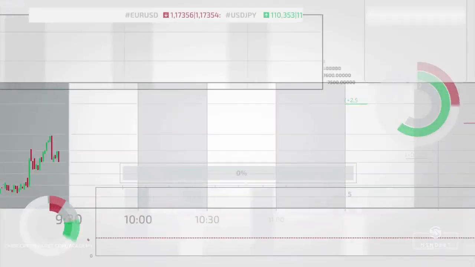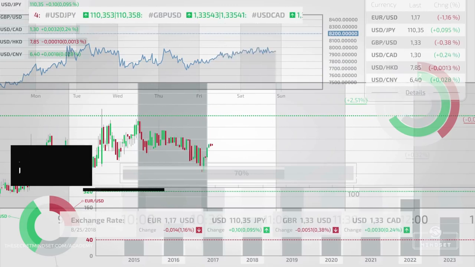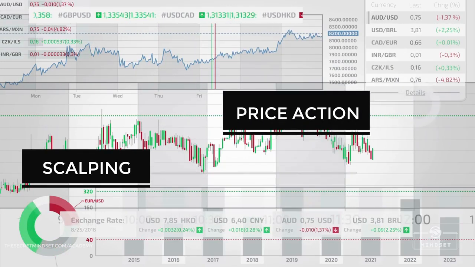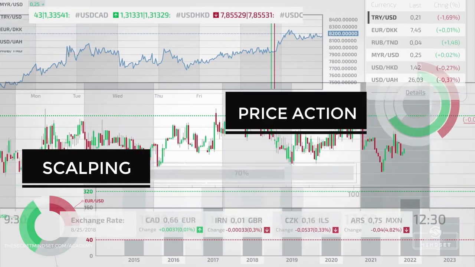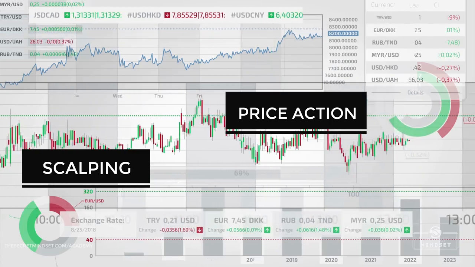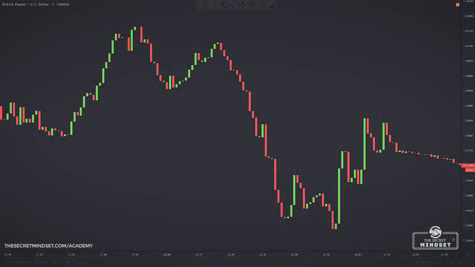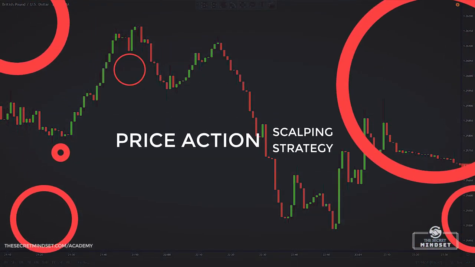Many traders prefer to get involved on lower time frames and to make quick profits scalping forex and stock market. Others are price action traders, reading the markets and making trading decisions based on recent price movements, not relying on technical indicators. But can you combine both, scalping and price action? Sure you can. And in this video I'm going to show you a simple price action strategy to scalp the